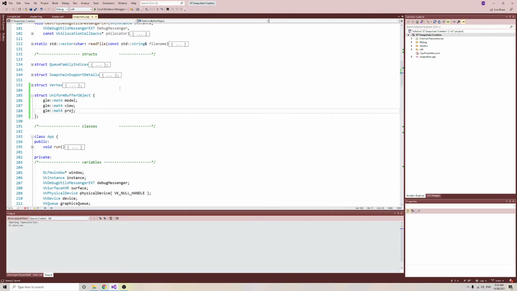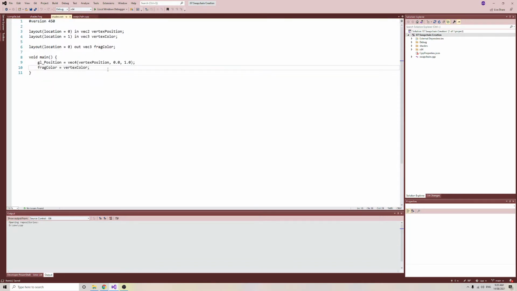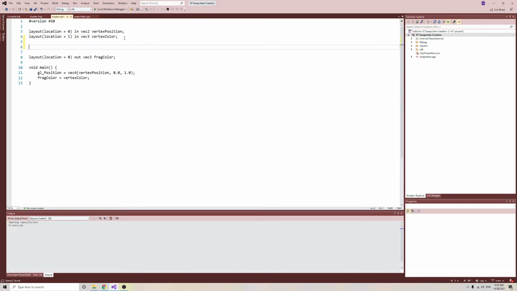If you are not aware of what that is, well, I applaud your ambition in jumping ahead. But if you're not aware of what this is, I do have a video on the basic concept if you check out my fundamental computer graphics concepts. Okay, so the next part is we want to use that model view projection data in